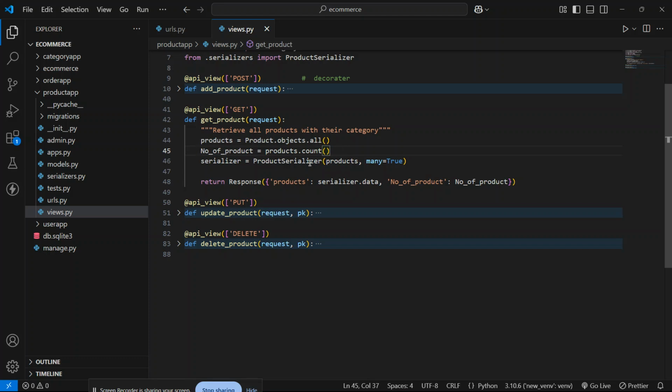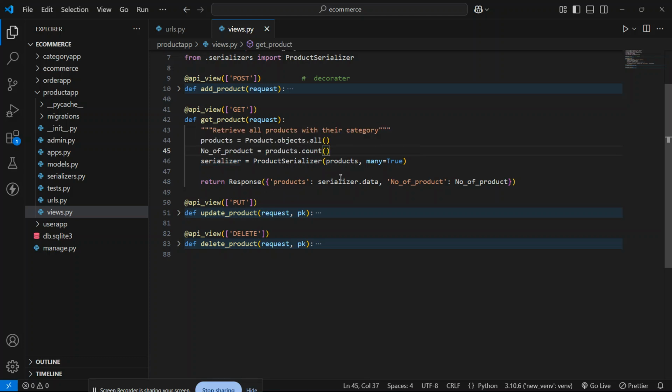So this is the method like count. By this count function, I will count the number of products inside my database. So this product will fetch all the data, and after that I will perform the count function to check the number of products.